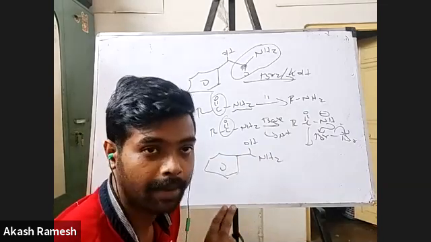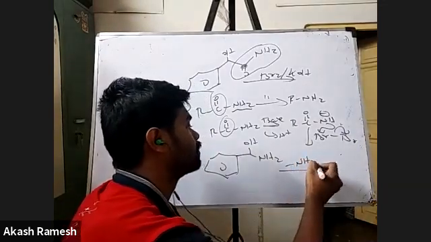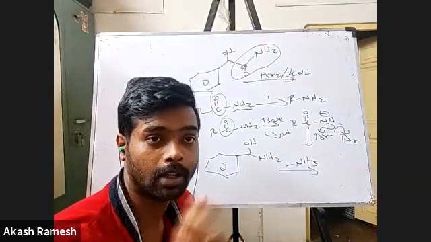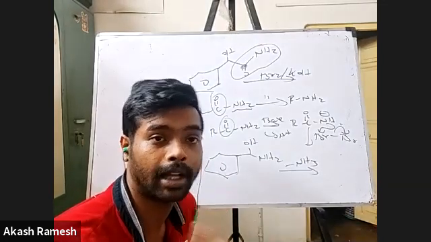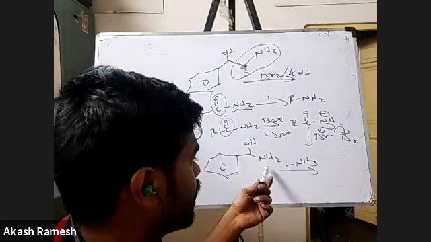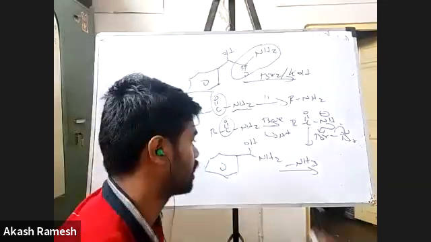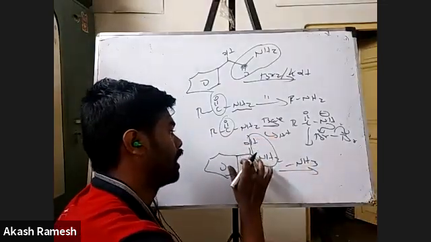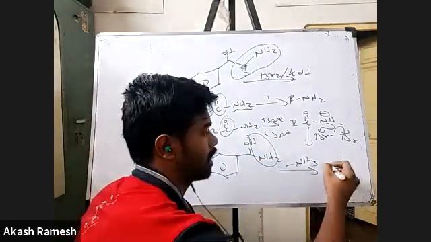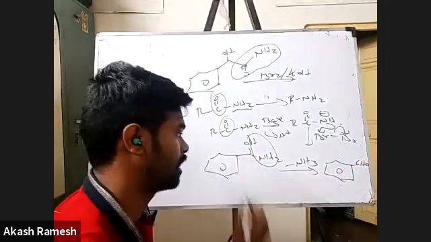So what is going to happen is you are going to remove ammonia from these kind of molecules. Remember that last time when you had two OH on the same carbon atom, you eliminated H2O to form the carbonyl compound. Here, if you find that there is OH and NH2 on the same carbon, you have to remove NH3 and see what is going to happen. If I remove NH3, you are basically going to have one C double bond O getting formed. So what is the product? The product is basically going to be CHO. There's an H here.